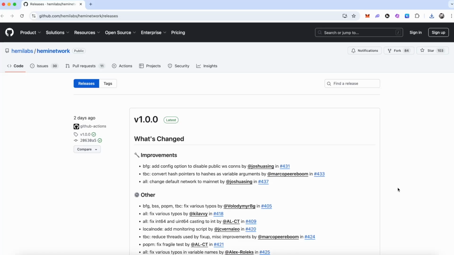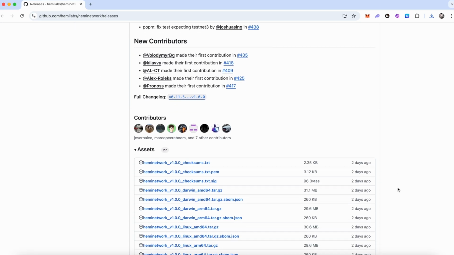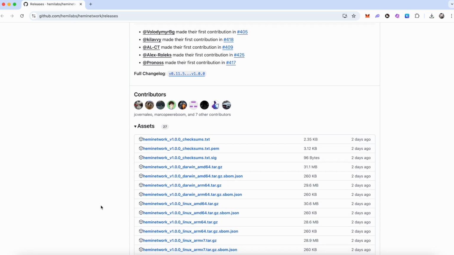Pop mining on Hemi requires simply some command line interface knowledge, a little bit of Bitcoin, and the correct setup for your computer. Now, I'm running a MacOS with a Silicon chip, which means that I am going to want to identify the correct asset to download here from Hemi's GitHub, which has all the other assets that you need for other operating systems. For my case, it'll be this one right here, which we'll download